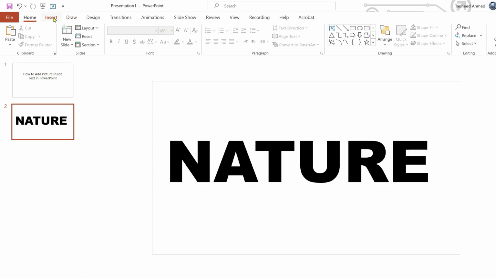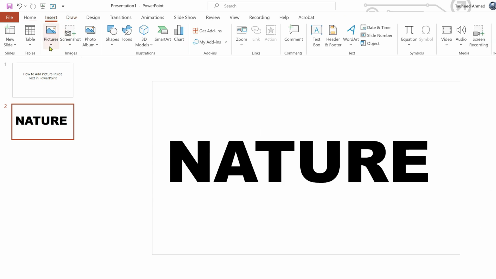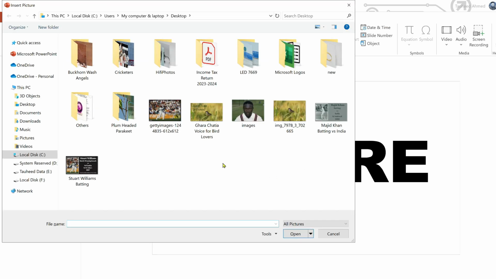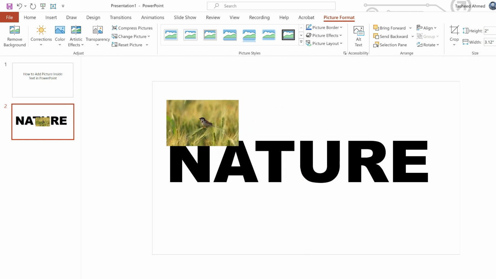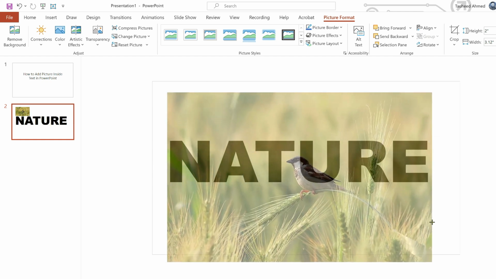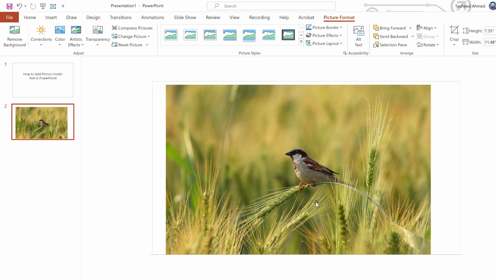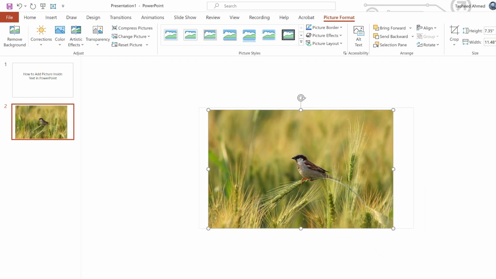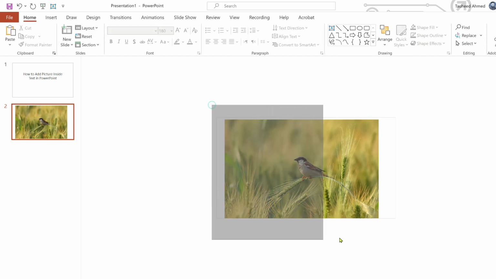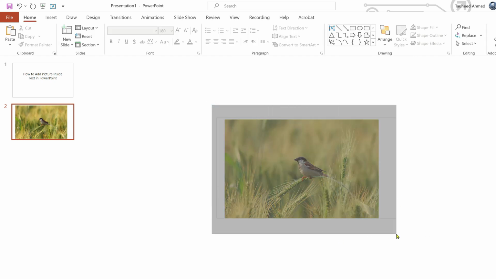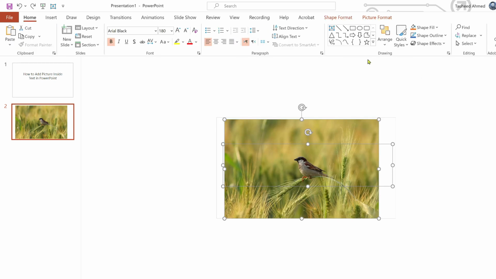So now head to the Insert again and go to the Pictures. Click on This Device and I have a picture here. Select it and now resize the picture to the text. You can also zoom out the canvas and now select both the image and text and now head to